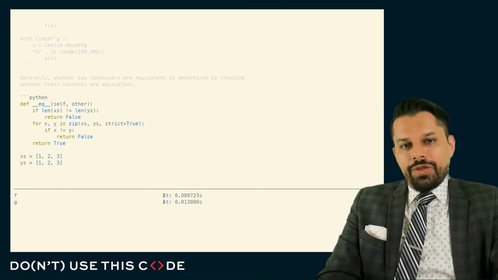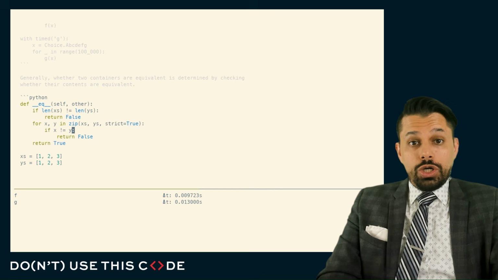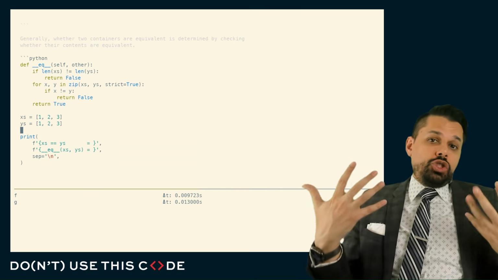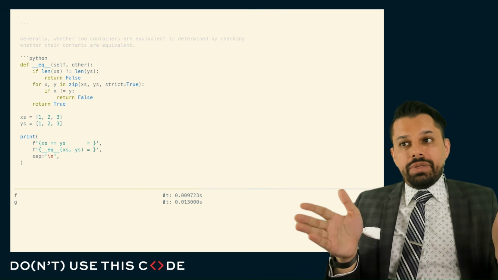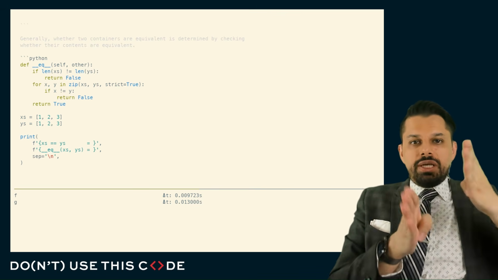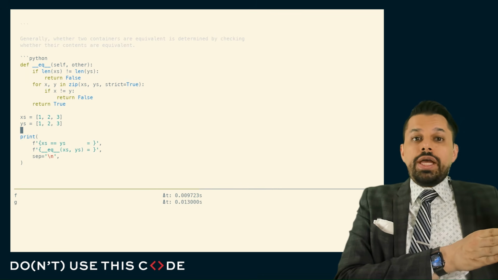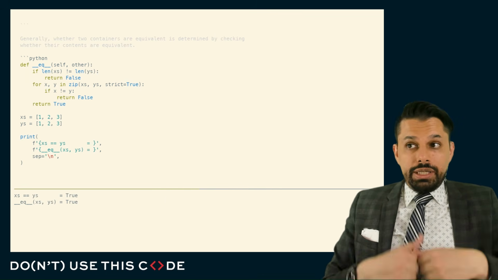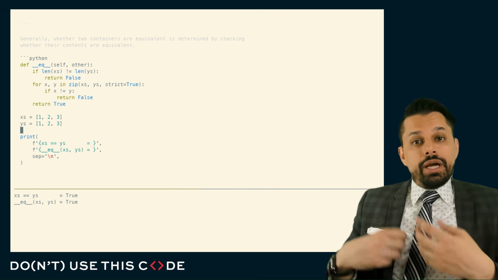If we want to ask about the equivalence of two containers, the equality of two containers, we might naively think that the equality of two containers is just going to check, are these containers the same length? And if so, are each of the subsequent values inside these containers equivalent to each other? And this might be our implementation for equality in pure Python to match what equality on a list looks like